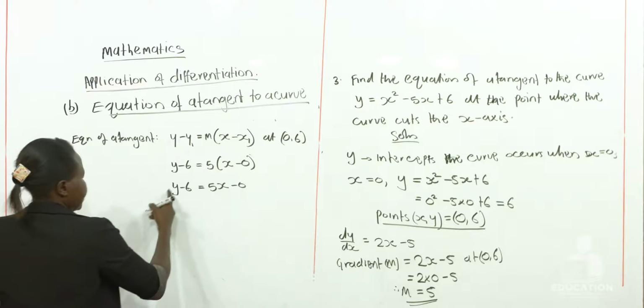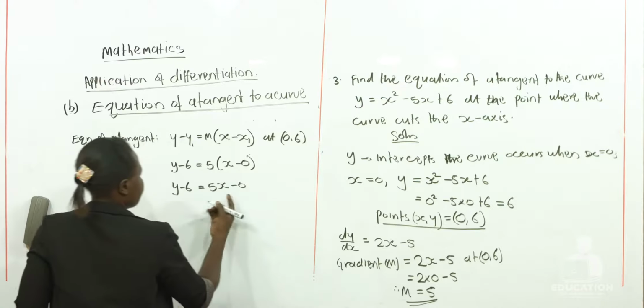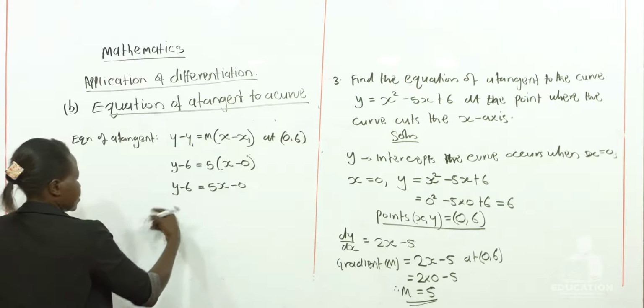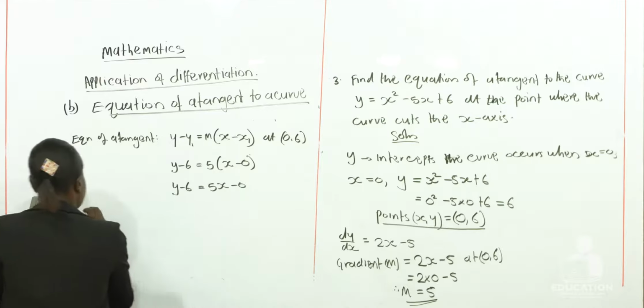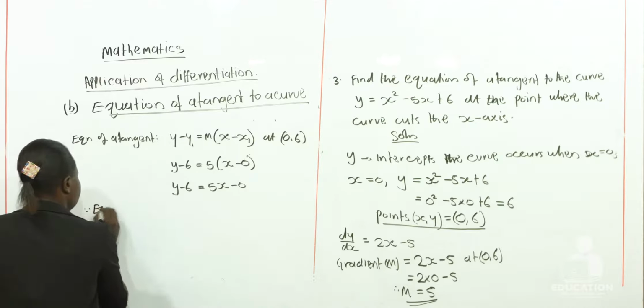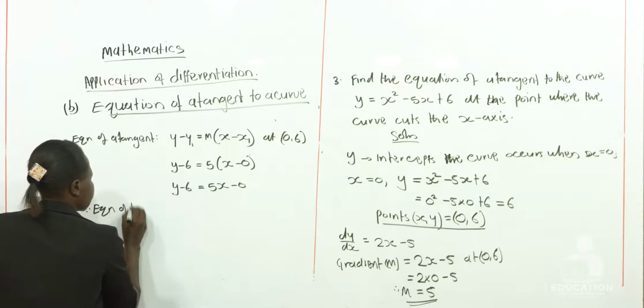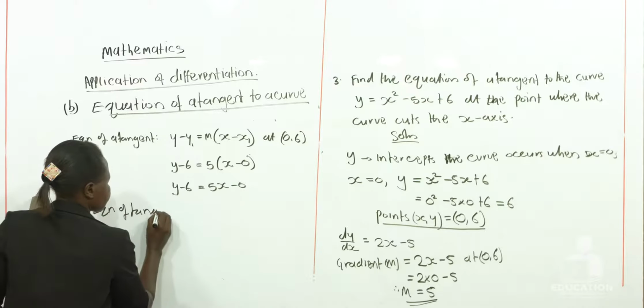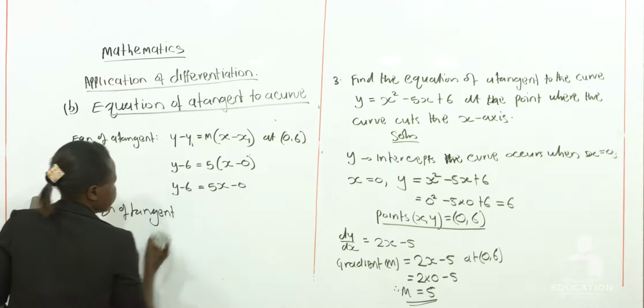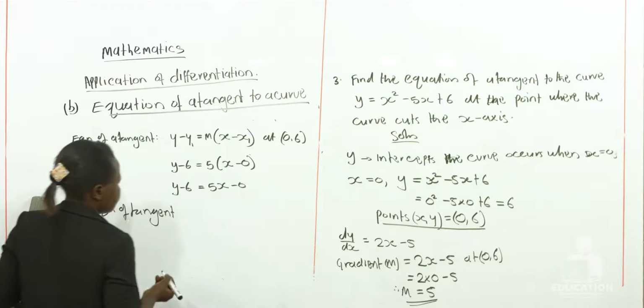So we can either take this to the other side or we bring 5x this way. So we simply now say, therefore, equation of a tangent will now be